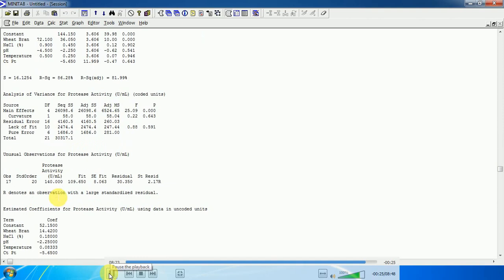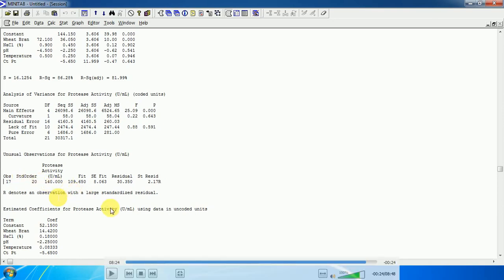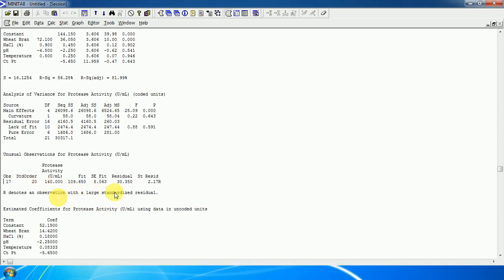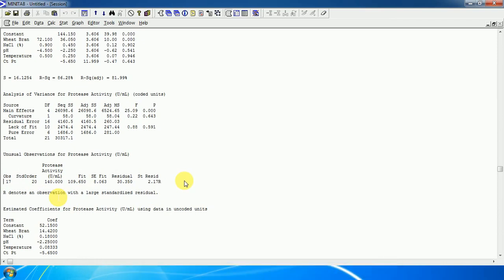Then unusual observations can also be seen, that is, which run order shows unusual observation, which cannot be due to the experiments and may be due to contamination or some human errors. So this is not possible, so we can eliminate this reading from our analysis, and then we can generate these plots.